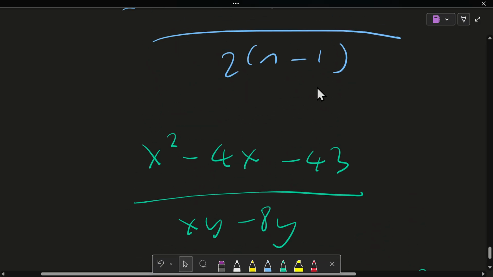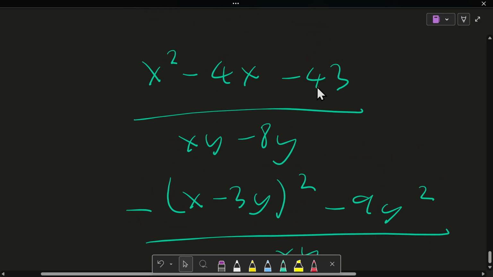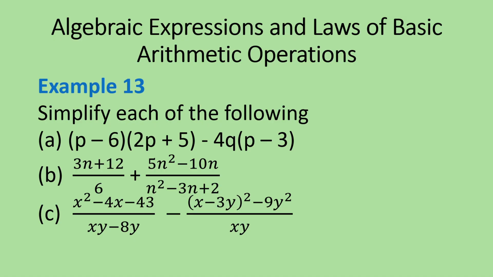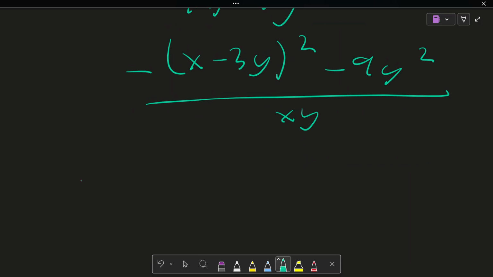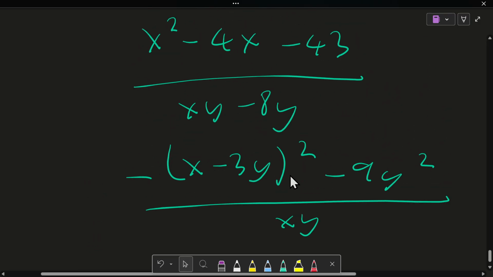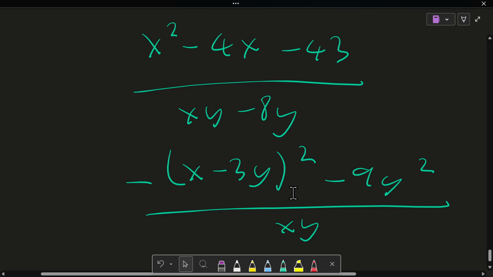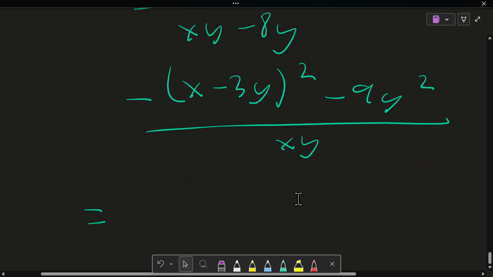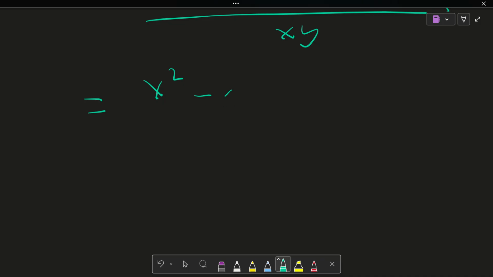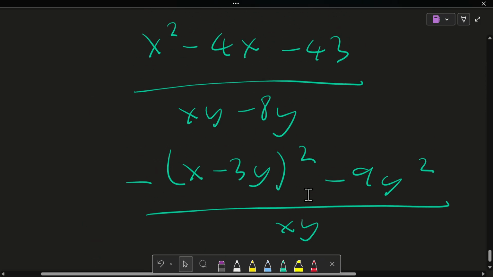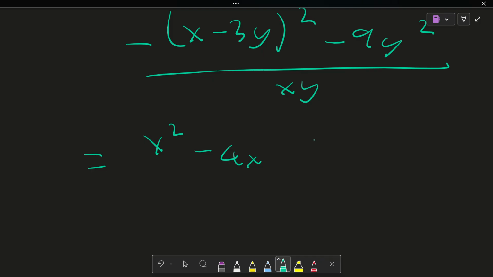Okay, so basically this one should be equal to x squared minus 4x minus 43 over